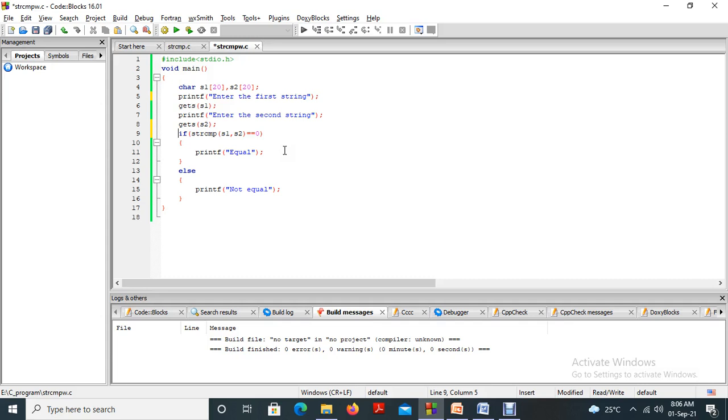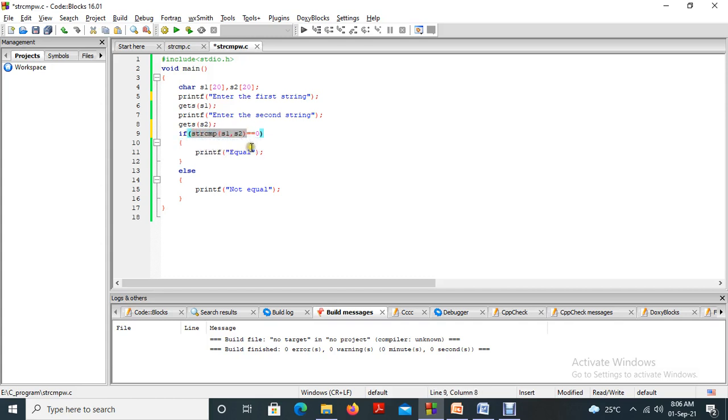So we do it in the same if statement itself, strcmp of s1 comma s2. This function will return a value, either 0 or any other value, and whatever it may be, that will be available in this place.